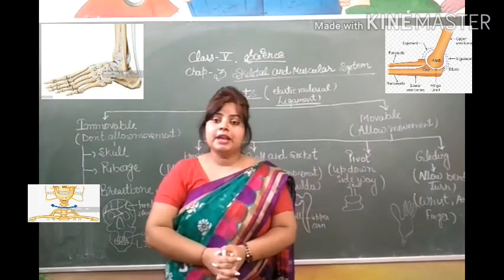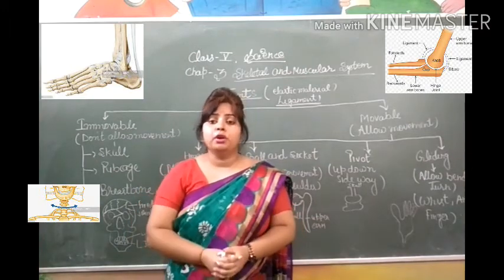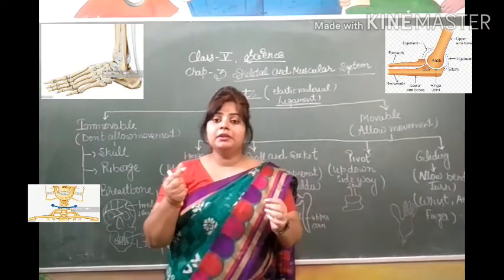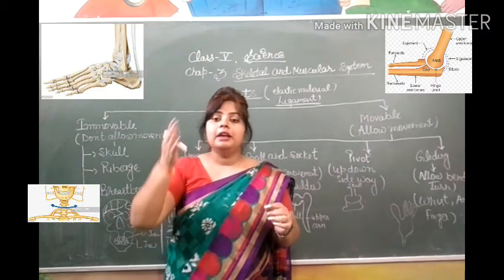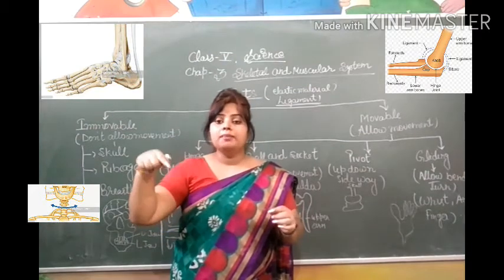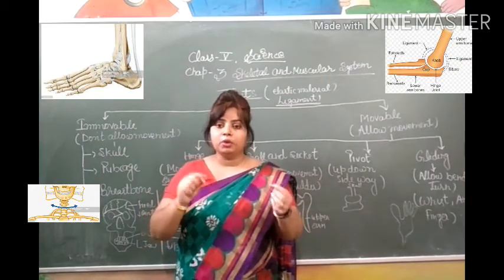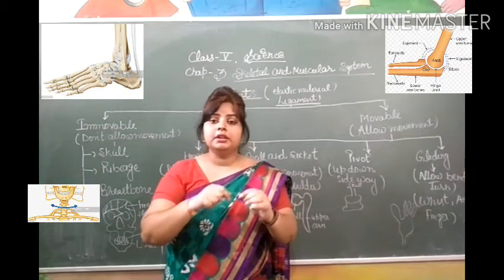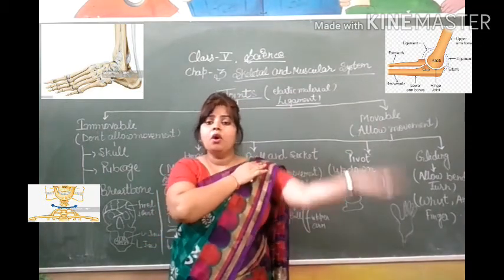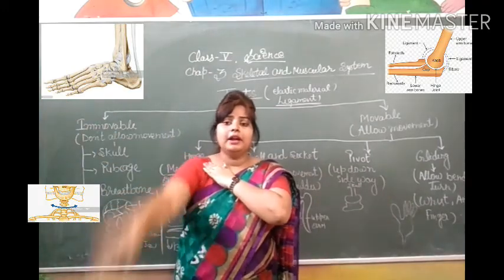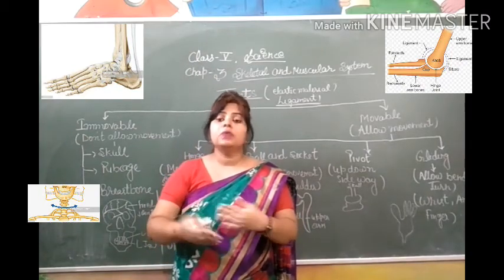All of you students have a toy Barbie doll. If you break the shoulder of your doll, you can see it very clearly. The doll's hand has a ball-like structure and its body has a cup or socket-like structure, and you can easily fix the toy doll's hand into the socket. So it moves freely in all directions. You can move your hand in all directions, freely in a circular way.